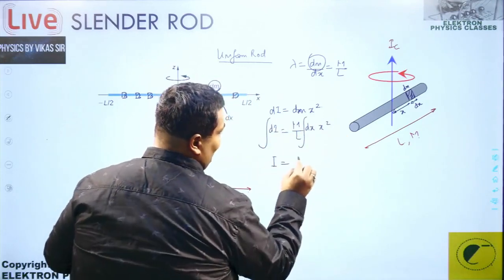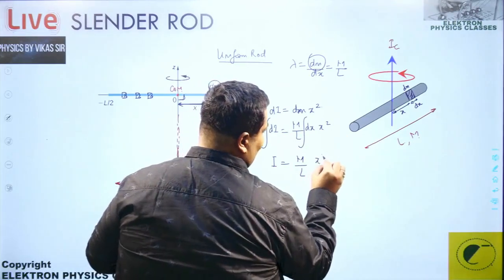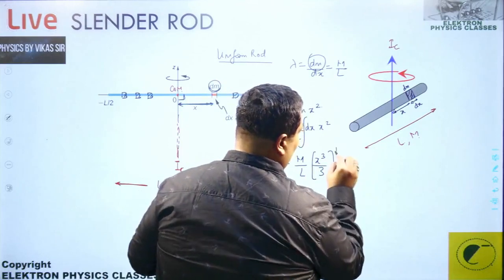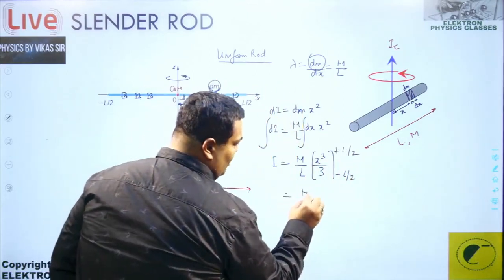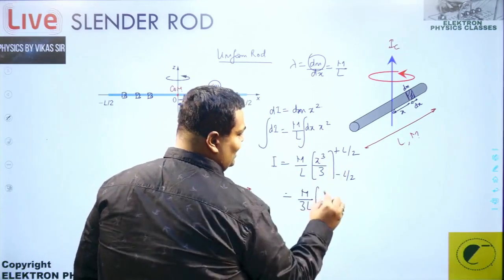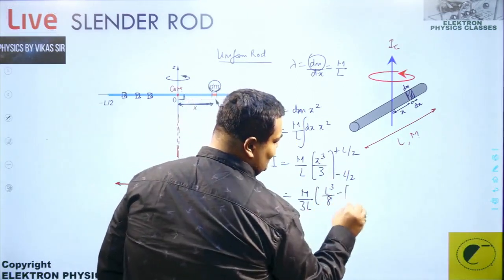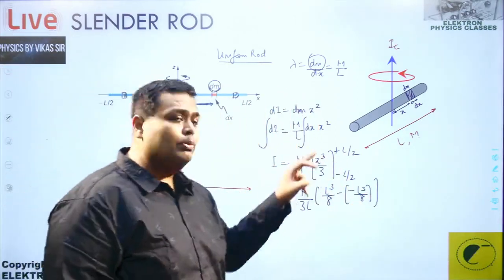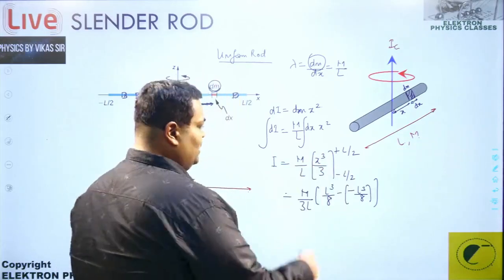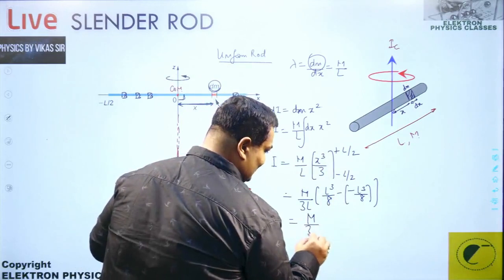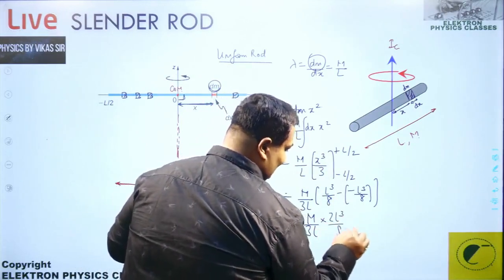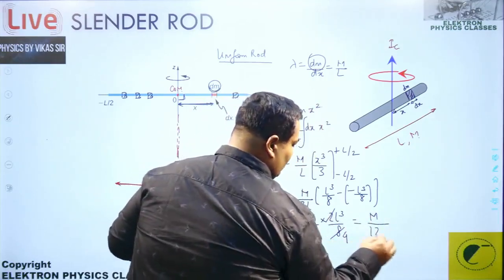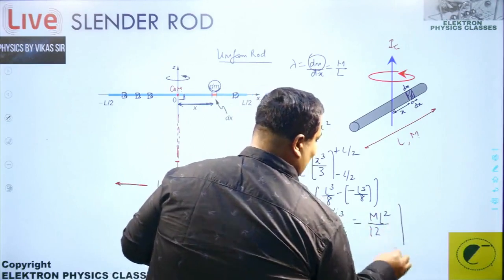So I get the moment of inertia as M upon L, x square dx becomes x cube upon 3. Limits pre-decided: minus L upon 2 to plus L upon 2. That's M upon 3L into, placing the limit, L cube upon 8 minus of minus L cube upon 8. So L by 2 cube minus of minus L by 2 cube. This gets added. Don't subtract. That becomes twice of L cube by 8. This cancels as 4. That becomes M upon 3 and 4, 12. One of the L gets cancelled. We get L square. That's your moment of inertia.